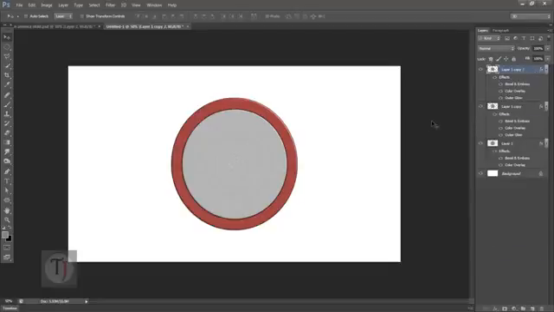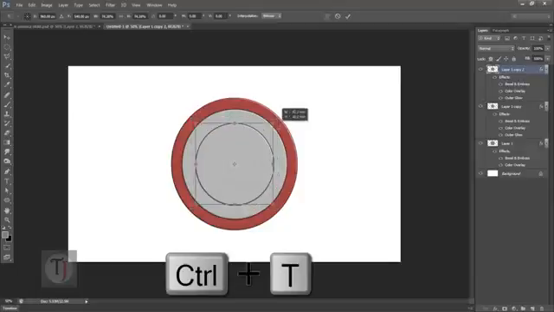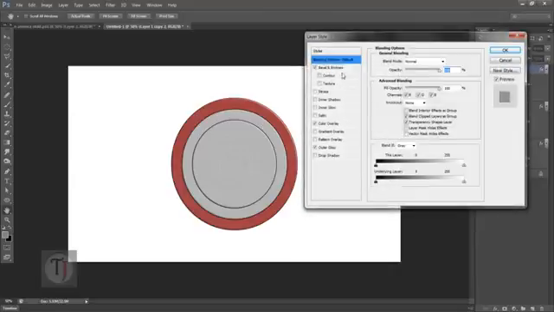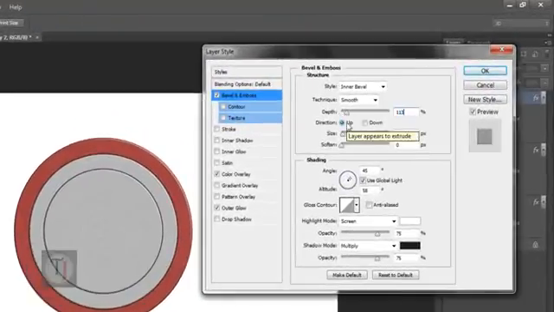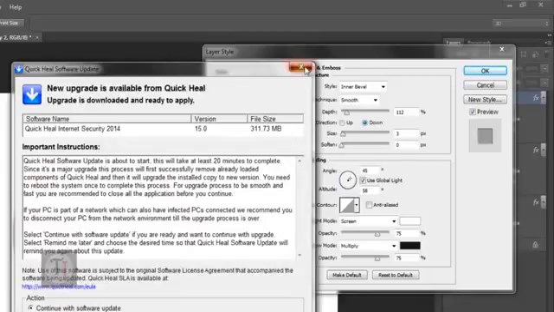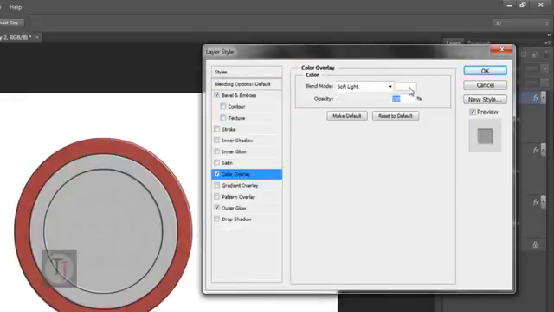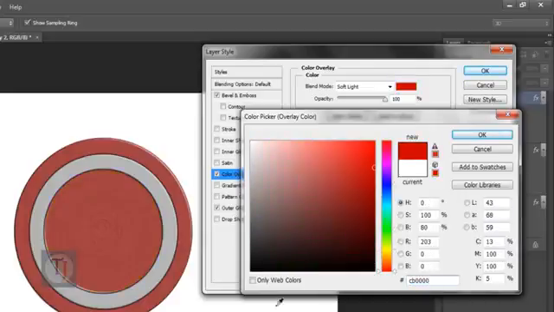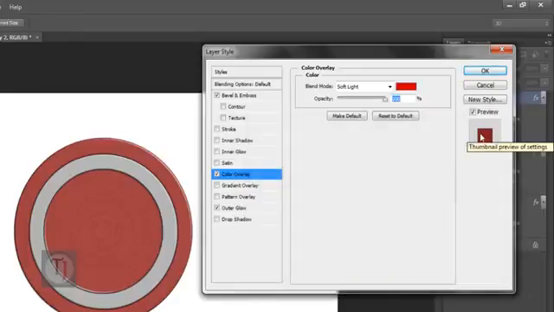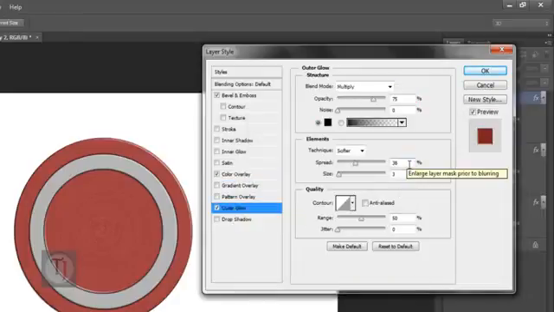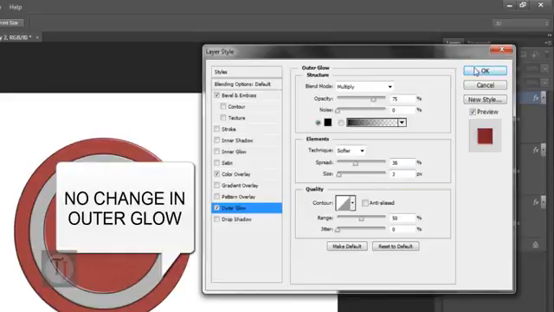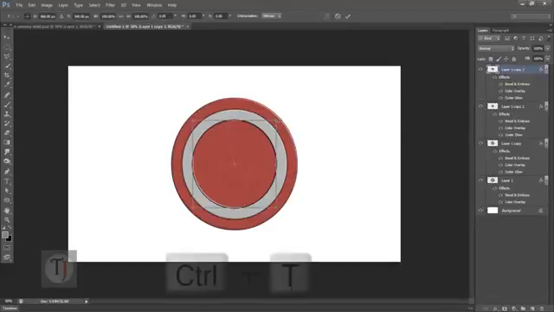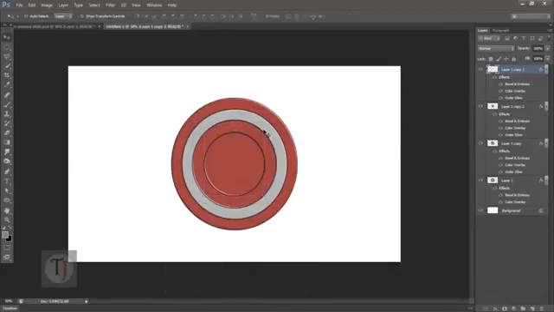Now again duplicate this layer, press Ctrl T and make it even a bit smaller, and press Enter. Now this time double click on your layer, and in the Bevel and Emboss, size is going to be 113, direction down. In the Color Overlay I'm going to use the code of again that red color CB0000 and hit OK. And in the Outer Glow I'm going to use 33, 38 and 3, same, and again duplicate this layer and press Ctrl T and make it even a bit